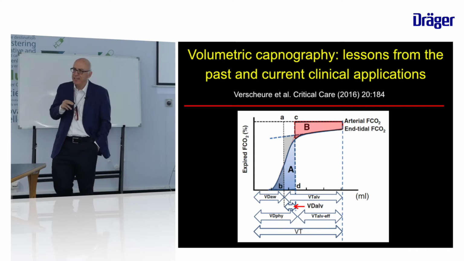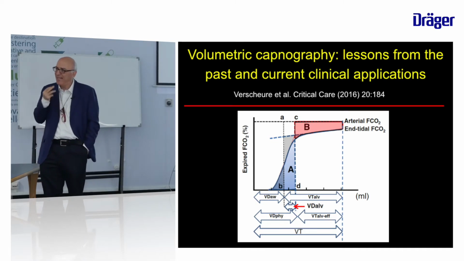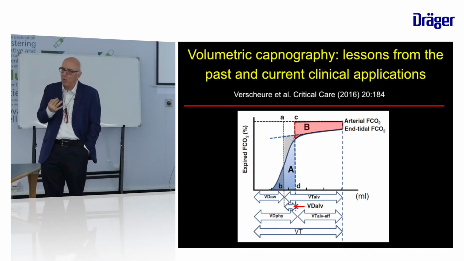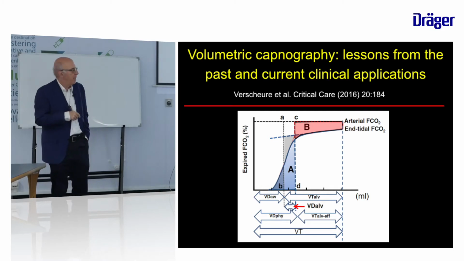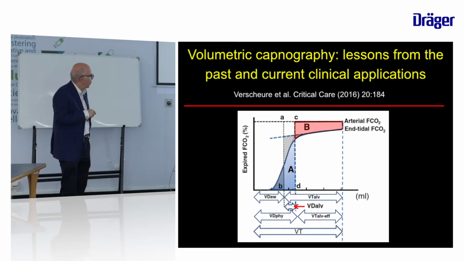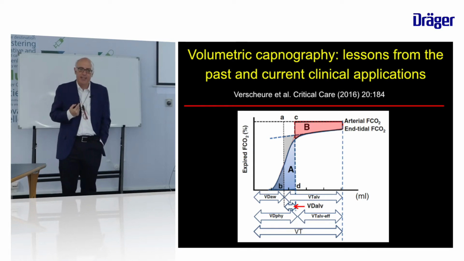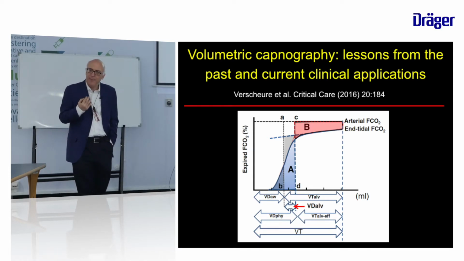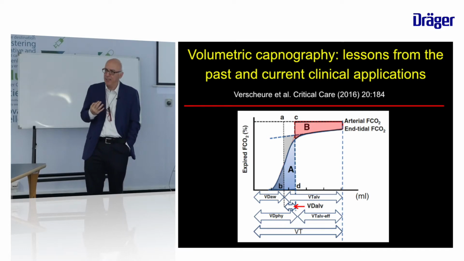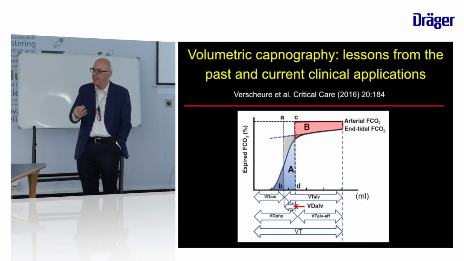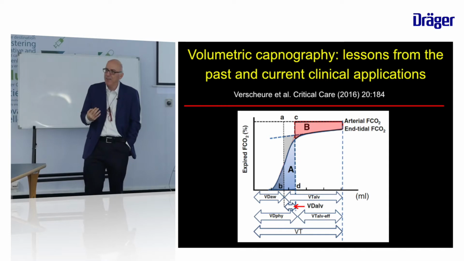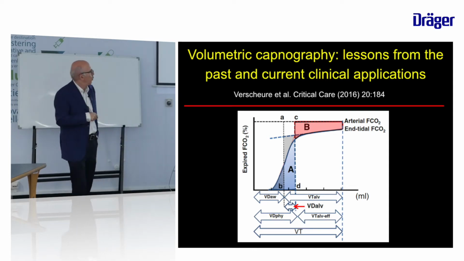So what I mean is that with volumetric capnography, which I think we should use more and more in the operating room, we can get information about the real fraction of tidal volume which is really ventilating the lung, okay? This is extremely important in view of protective mechanical ventilation. So if you use less and less tidal volume, it's becoming more and more important to understand how much is the